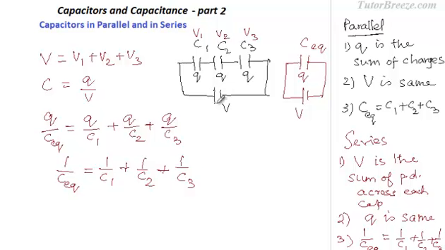See, in this case, if you have a series combination of capacitors and say the capacitances have values 1 microfarad, 2 microfarad and 3 microfarad, then the equivalent capacitance for this will be less than 1 microfarad, which means it will be less than the smallest value out of all the capacitors which are connected in series. It is less than the least value.